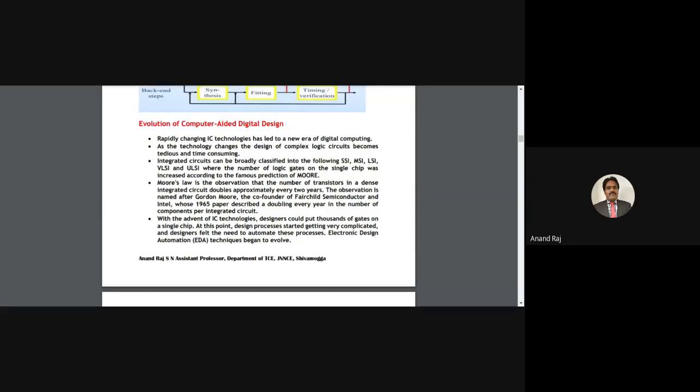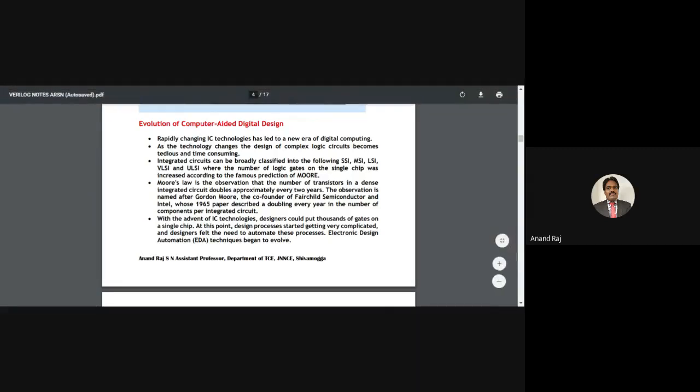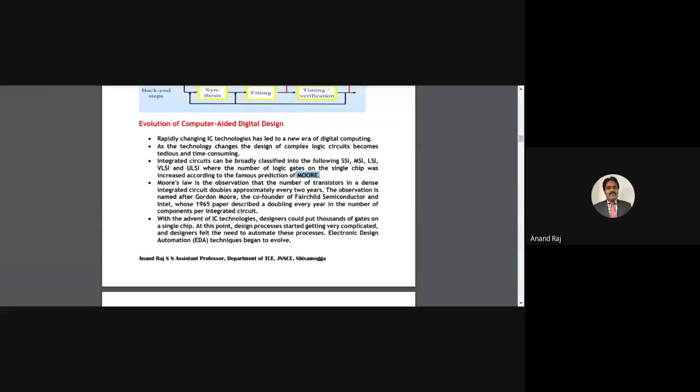So we can classify the circuits based on the number of logic gates on a single chip as SSI, MSI, LSI, VLSI and ULSI, where the number of logic gates on a single chip increased according to the famous prediction of Moore. Moore was an economist. In 1986, he predicted that every 18 months, the number of devices on a single chip will double.